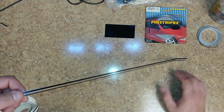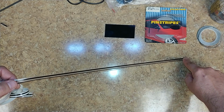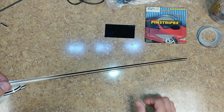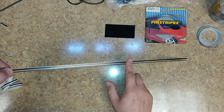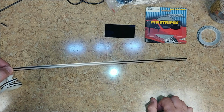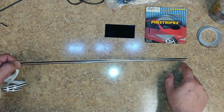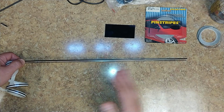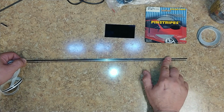Well, you'll end up putting your piece of tape on the beginning point of it, and you'll step back away from the car a little bit, and you'll be going down with it, adding a little bit of pressure onto it, not too much where you're going to stretch out the tape. You're going to follow the body line or the seam between the hood and the front fender as you go around. And you can see if it's going to have a wave in it or not, and you can peel it back up and redo it. But once you do this to the tape,